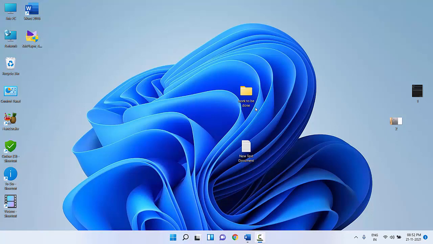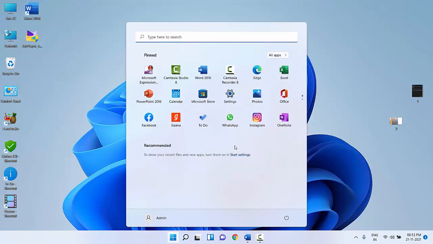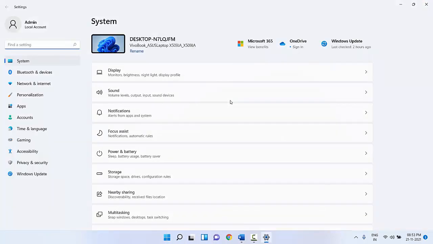So first thing is, whenever you're going to connect your Bluetooth device to a Windows 11 or 10 laptop, first disconnect your Bluetooth device from previously connected devices. Like if you are using AirPods or earbuds, first disconnect your audio devices from the previously connected ones, like from your mobile phone or other devices. So first disconnect your previously connected Bluetooth and then go to your PC settings and then go to Bluetooth and devices.